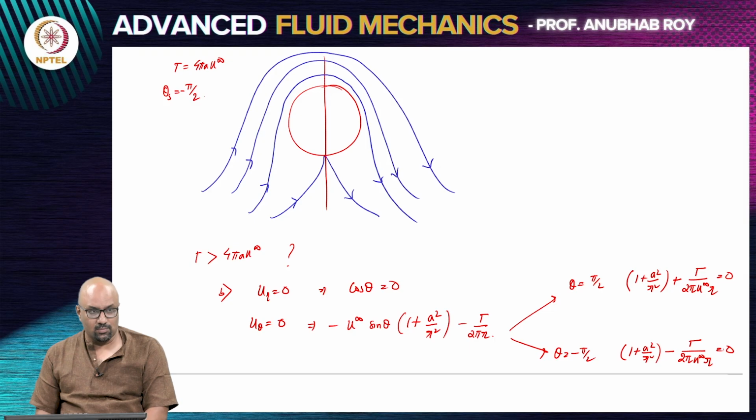What should it be? If theta is pi by 2, sin theta is 1, so minus u infinity. Is that fine? These are the two possibilities, right? Now,